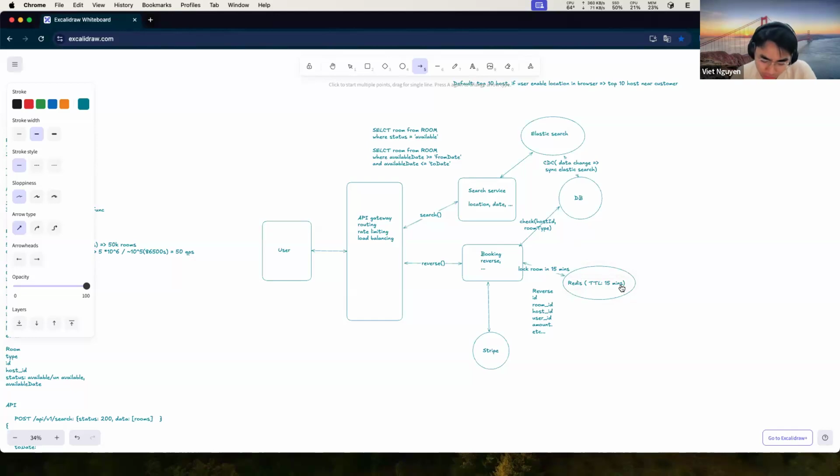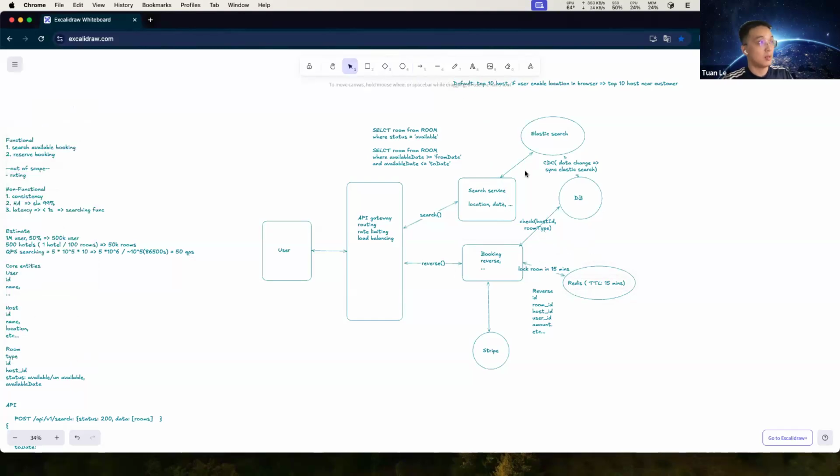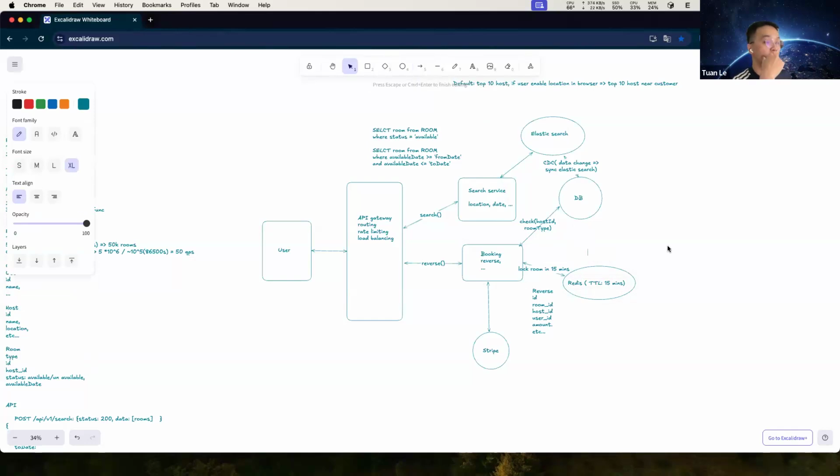Okay, but may I know how you lock the room? Can you go into detail on that? We know that we want to lock the room, but what is the purpose of Redis here? How can it help? I mean, we insert the key, the key is the room ID, with a value of maybe two or something like that, and we have a TTL of 15 minutes.